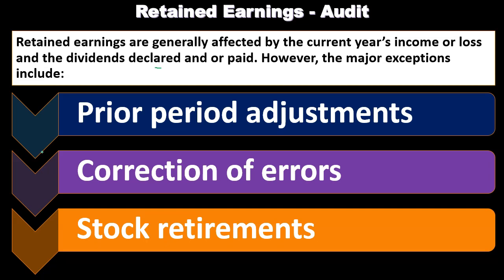The first thing you want to do in a smaller audit is check to make sure that is indeed the case. And if it's not, then it could be that some kind of prior period adjustment happened that adjusted the books in the prior period and then rolled out to the retained earnings. So now retained earnings doesn't tie out as it should. And if that's the case, then you've got to go back, dig through and figure out what happened. And the easiest way to do that is to line up